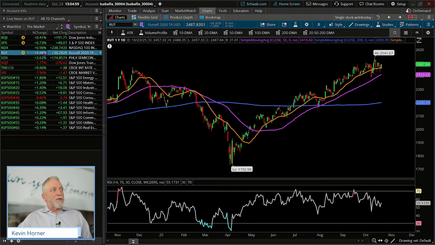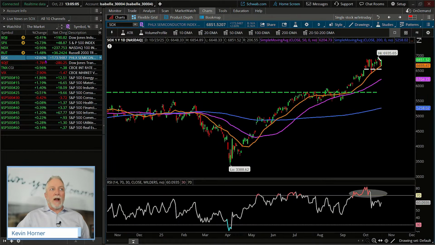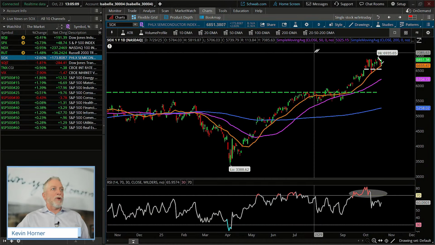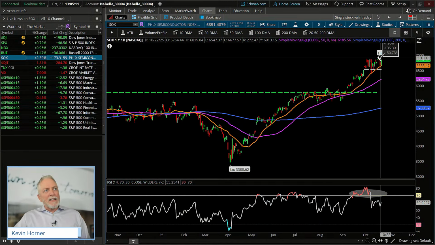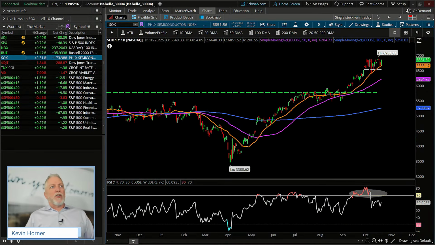You're going to see the Russell 2000, our small caps, with a bigger move today, 1.5% up, and our semis up about 2.5%, getting a bit of a lift here today, a nice strong push. So, a nice test of the 20-day moving average there if you're a trend trader. You may not have expected it with yesterday's price action below the 20-day